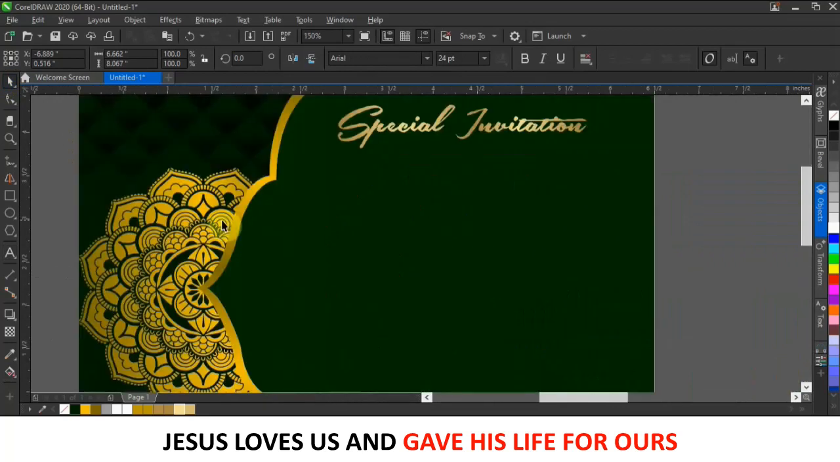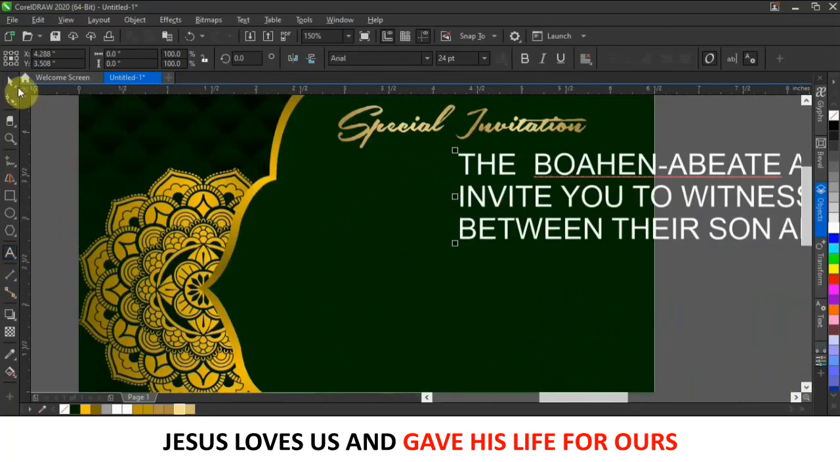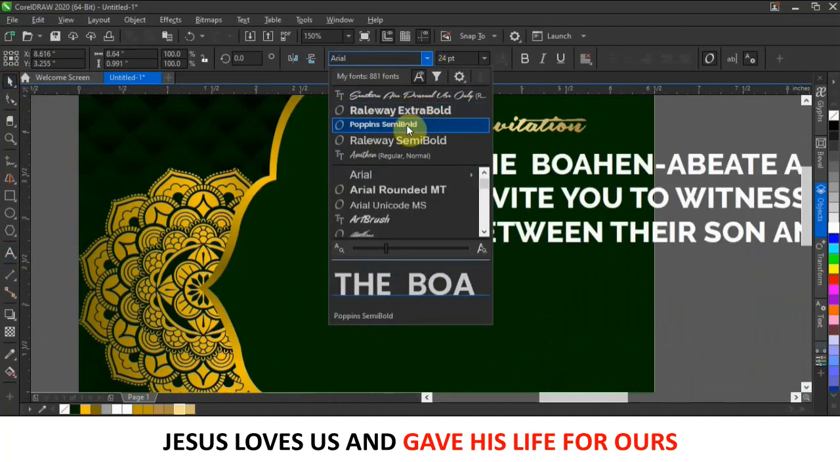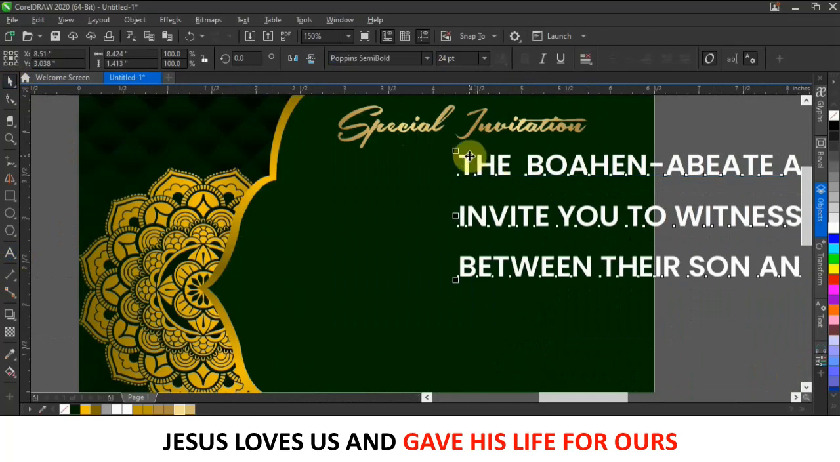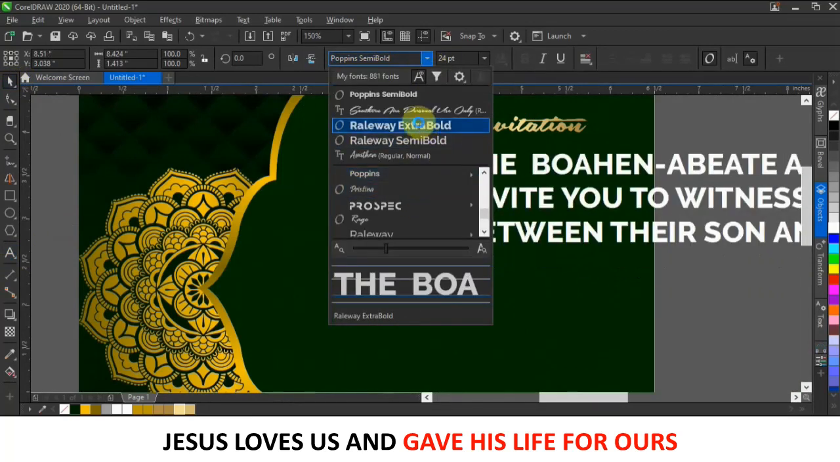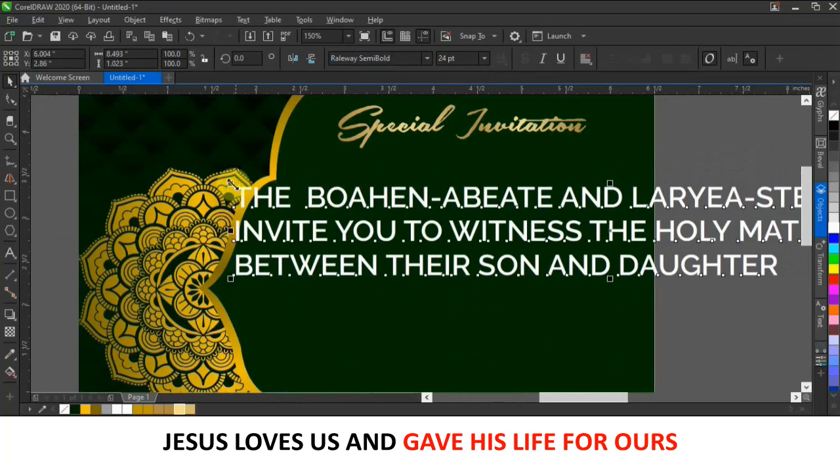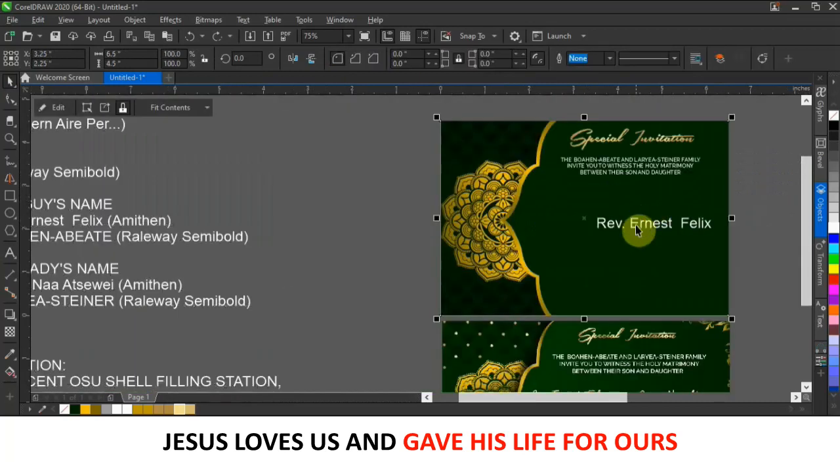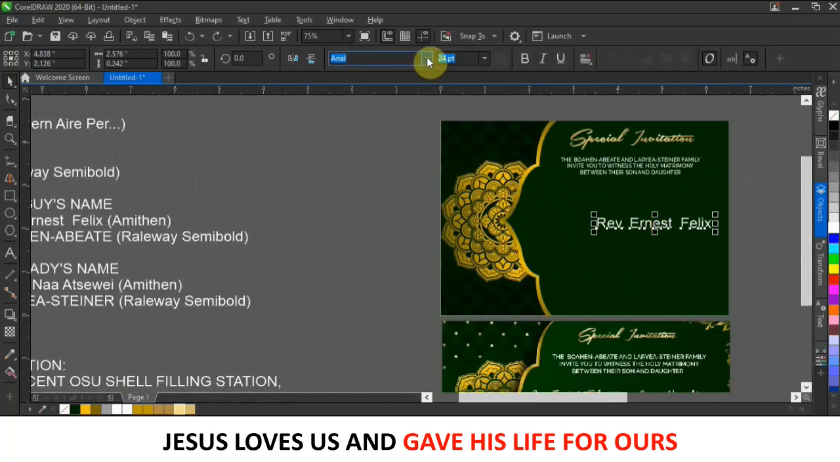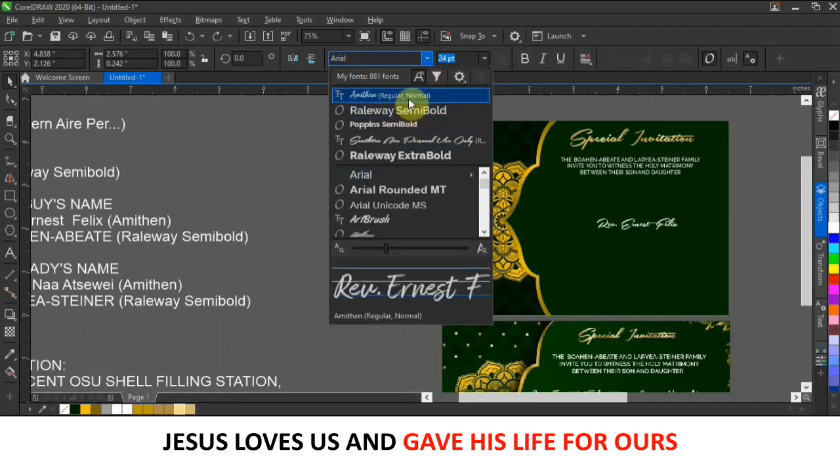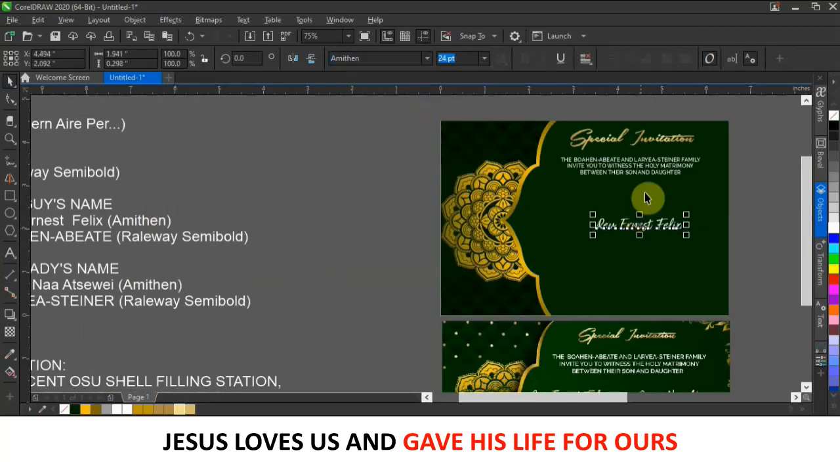and then again I'm going to activate my text tool, and I'm going to paste it here. So the font I use is Raleway semi-bold. Okay, so sorry, Raleway, not Poppins, Raleway. Okay, semi-bold. Alright, so I'm going to resize this one. I'm going to reduce the size, and then I'll select this instead, and then I'm going to select that font, and then I'm going to give it,